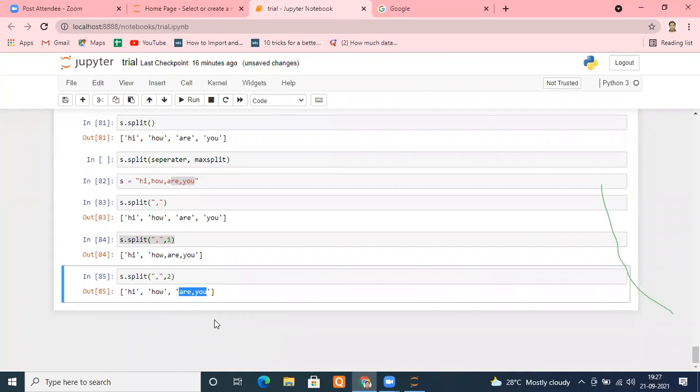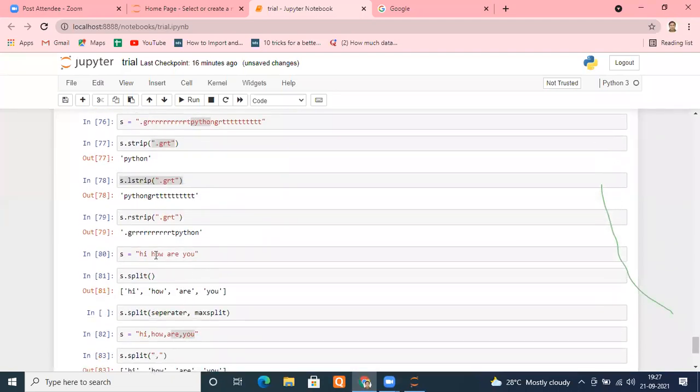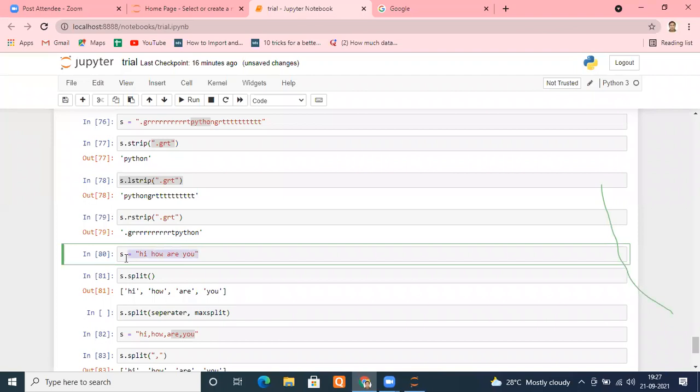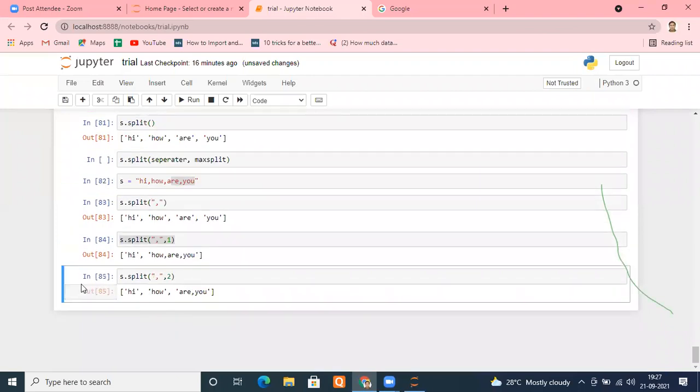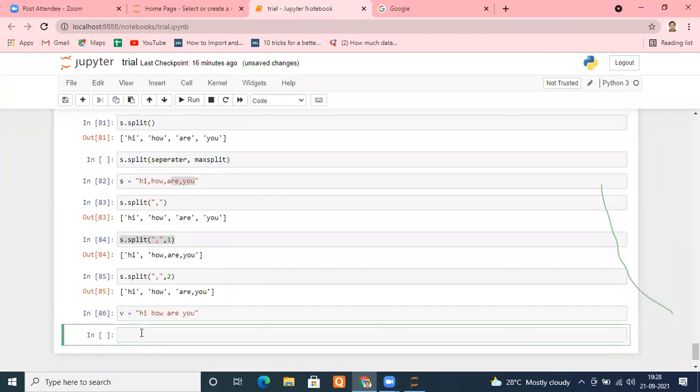The split function specifically. For example, I want to print each and individual word of a string. Any string you want to take, suppose I'm copying it here. Later on, in one or two days, we'll come to conditional programming, so you will see the importance. Suppose this is a string known as V, and I split it and give it a name F. F is equal to V dot split. That's it. Nothing else. It gave me a list.